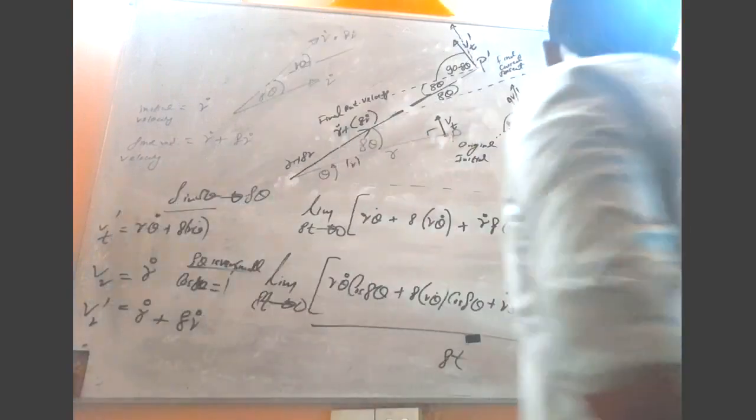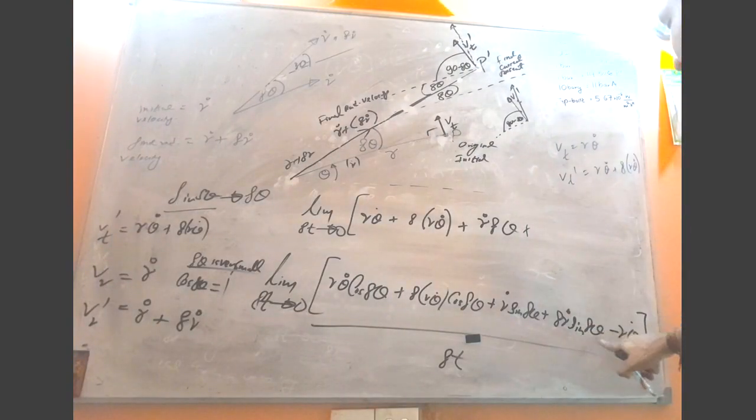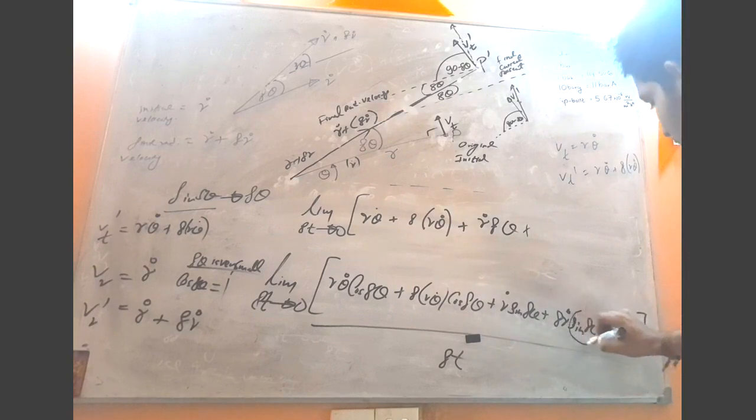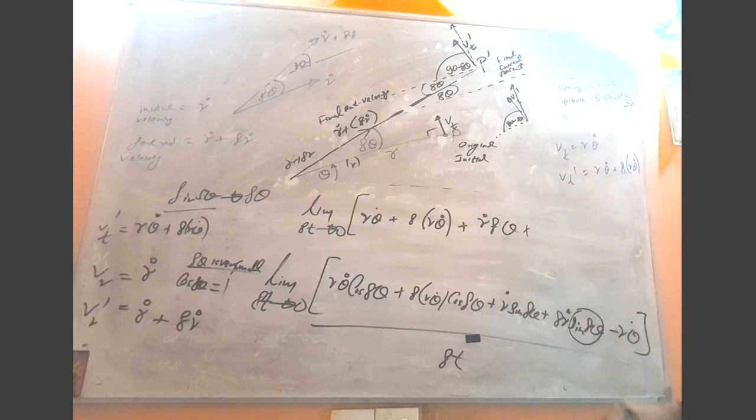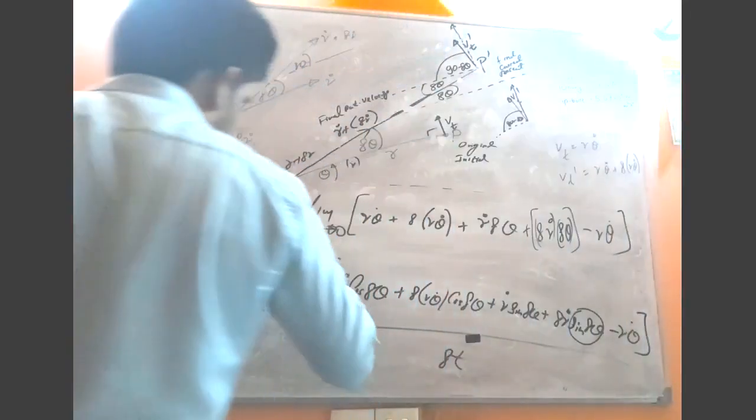Then this part, delta r dot sine delta theta, can be considered as delta theta. So delta r dot delta theta, I will put it like that. Right? Delta r dot times delta theta minus r theta dot. Okay. Divided by